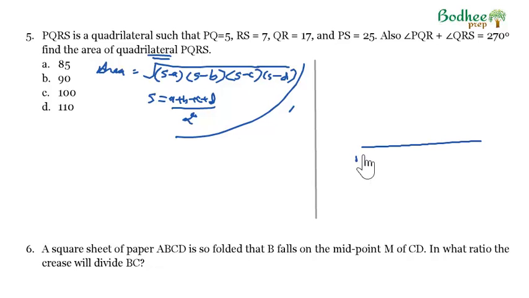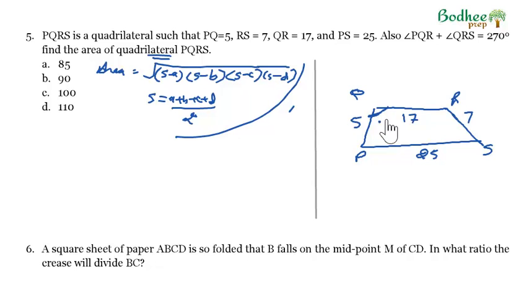So if I take PS as 25, and it says that PQ is 5, QR is 17, and RS is 7. It also says that the angle here, let it be angle Q, and this angle R. So we know that angle Q plus angle R is 270 degrees. This part is given, and all the four sides are given. So